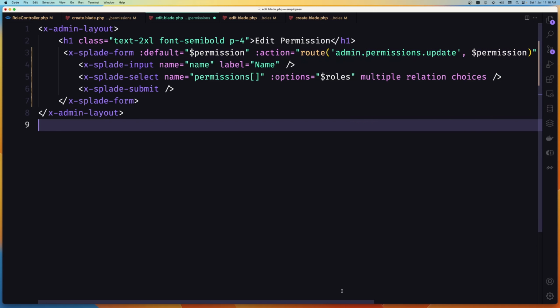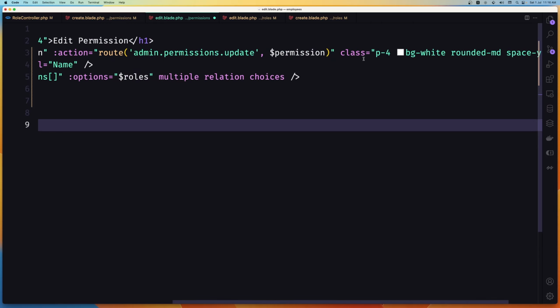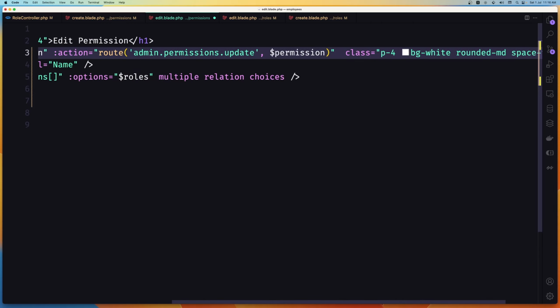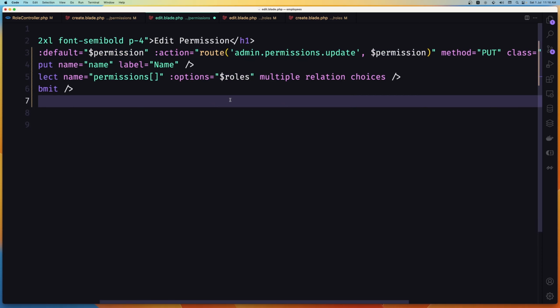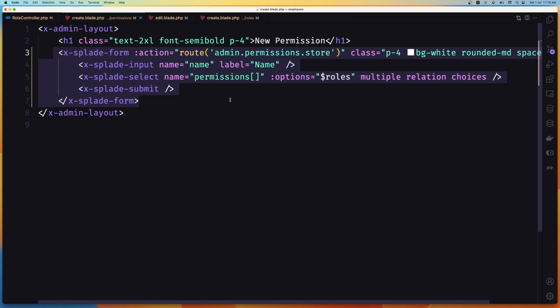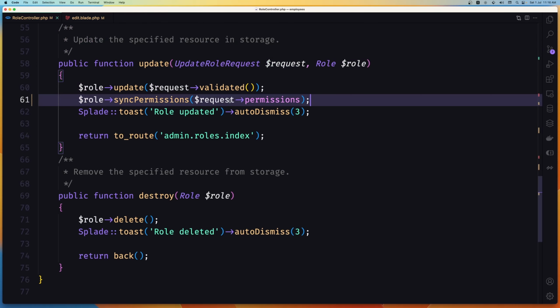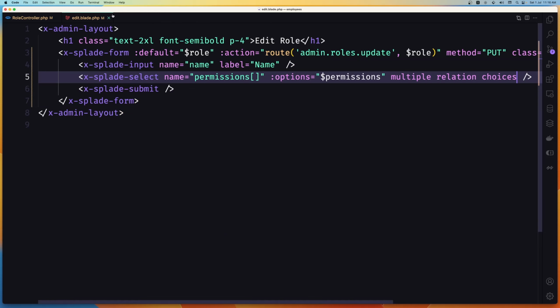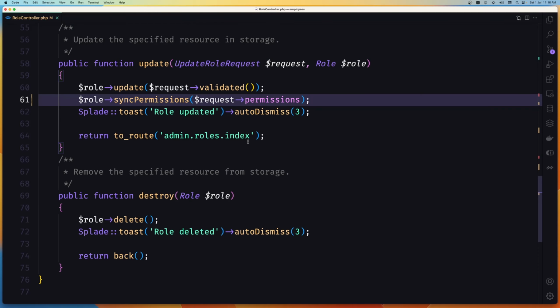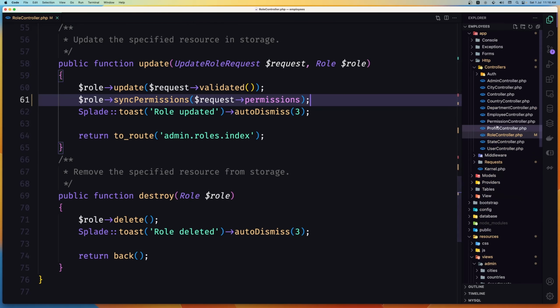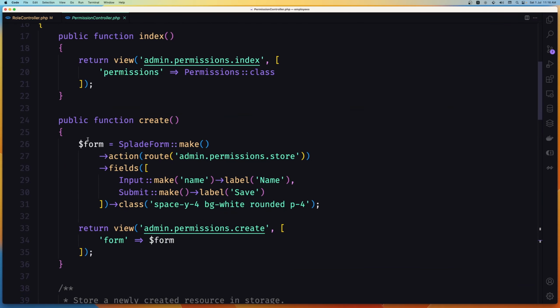Also, we need to change the method and say method to be put like this, and we are okay. So let's close this, also close this one. Now let's go and open the permission controller. Here, remove the form,